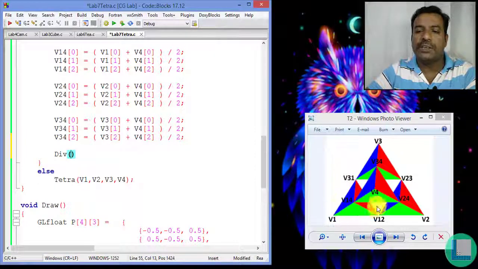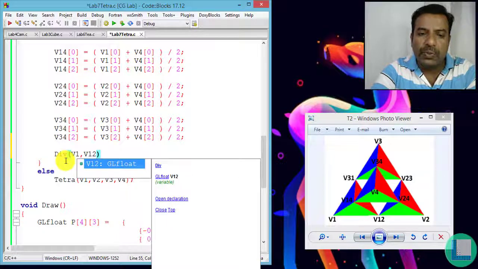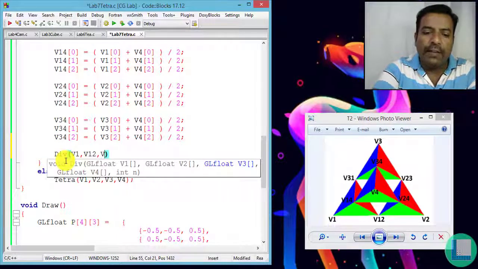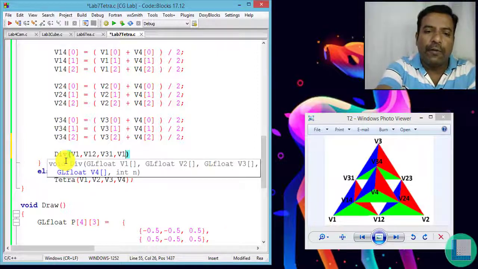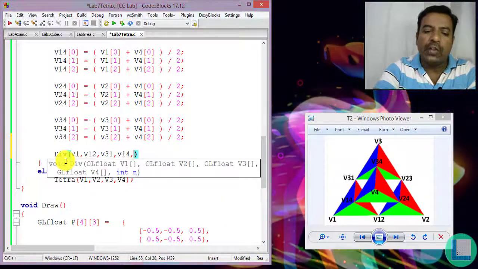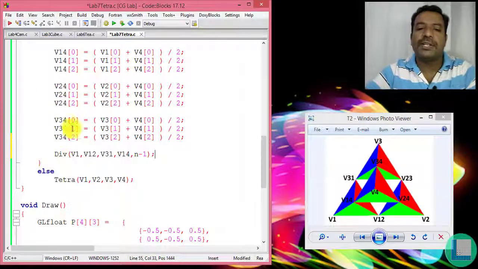Just observe only this first tetrahedron: V1, V12, V31, and the tip of this tetrahedron is V14, and I'm going to have n-1 because one division has been completed.